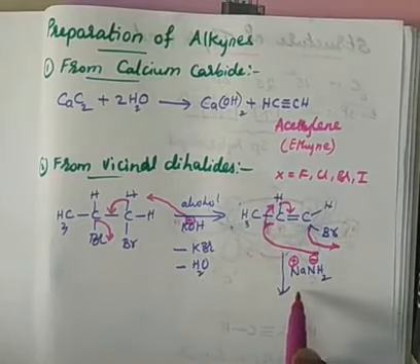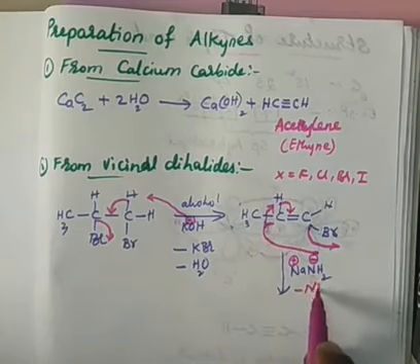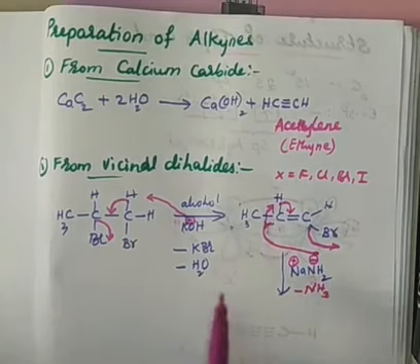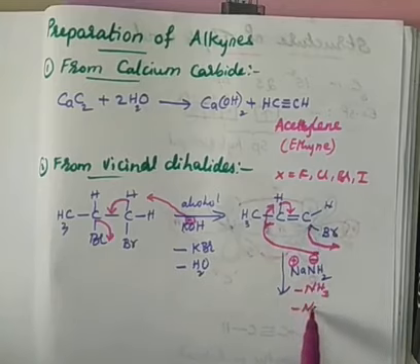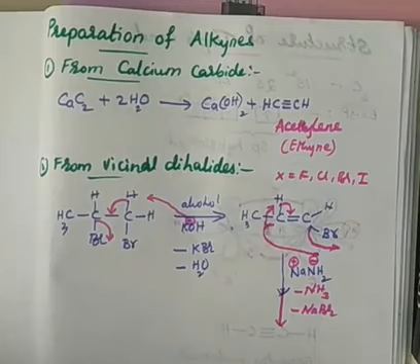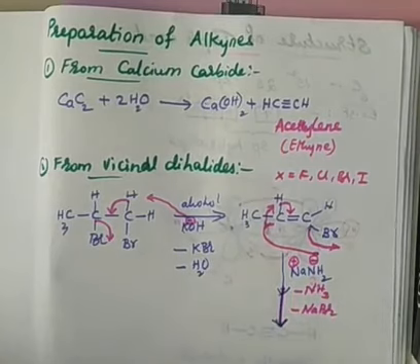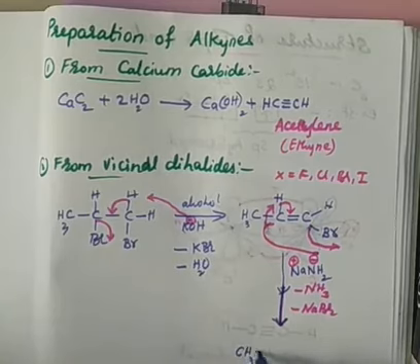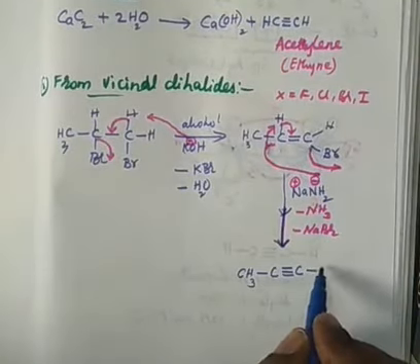So what is going to be eliminated here? See here, NH2 taking H, therefore NH3 will go off. NH3 is called ammonia. And now Br minus is forming and Na plus is there. Therefore NaBr will be eliminated. You should know what is eliminated, right? So these are the things which are eliminated when the base is reacted with this. This is also very important, right? Now what is left over? CH3, one carbon with a triple bond, right? And this side one hydrogen is there.